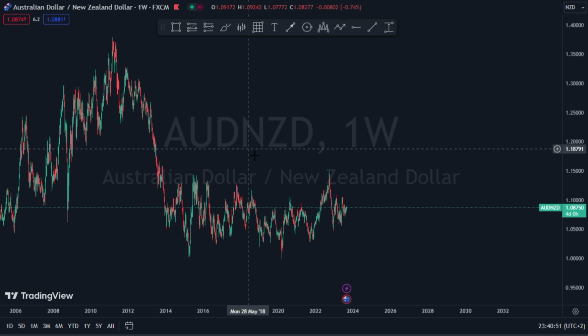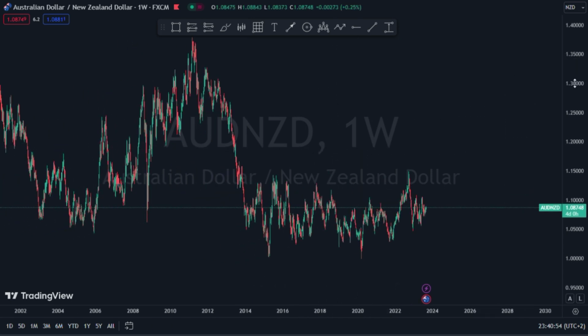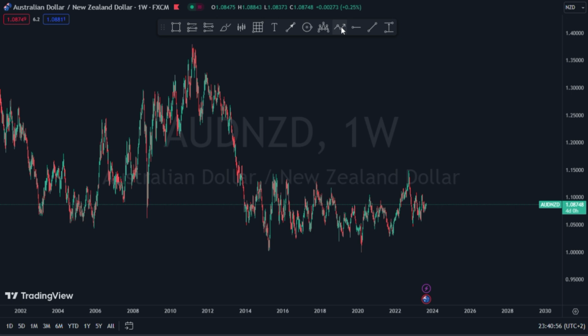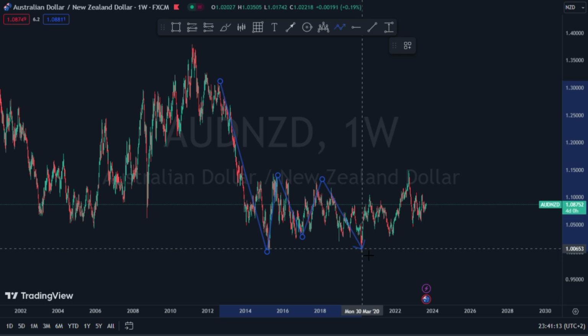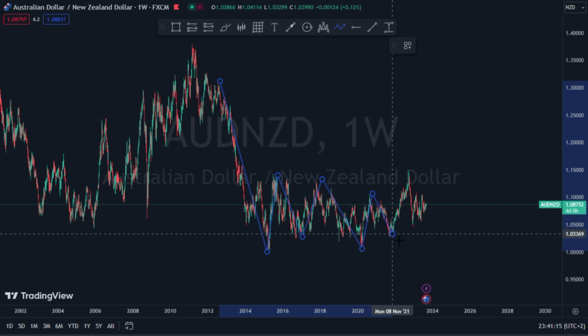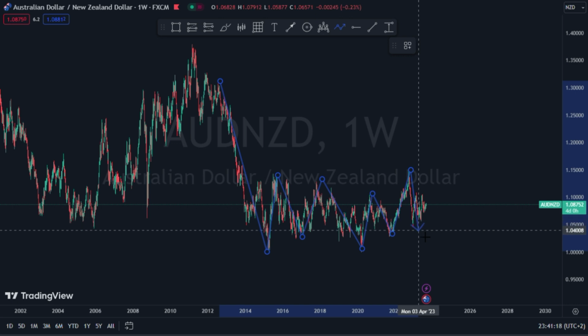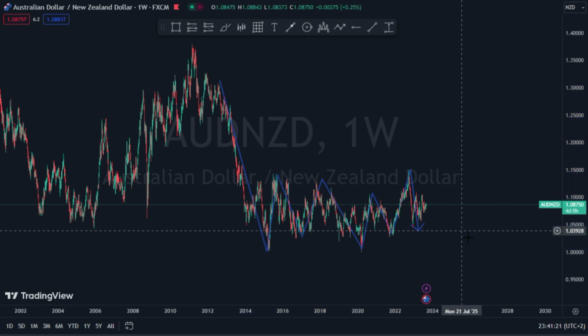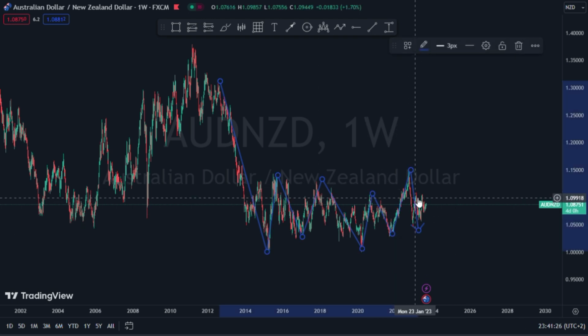Within this weekly time frame, I can quickly see, without even analyzing, that on the weekly time frame we had that strong push to the downside, and after that strong push to the downside, we are now starting to see a series of a ranging market, which is the consolidating market, the sideways market, right? But because we are on the weekly time frame, we can profit from this kind of movement, because here on the weekly time frame